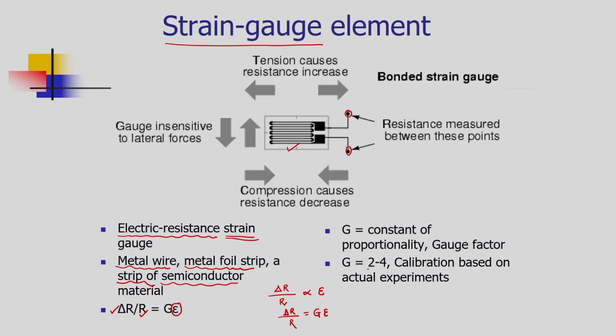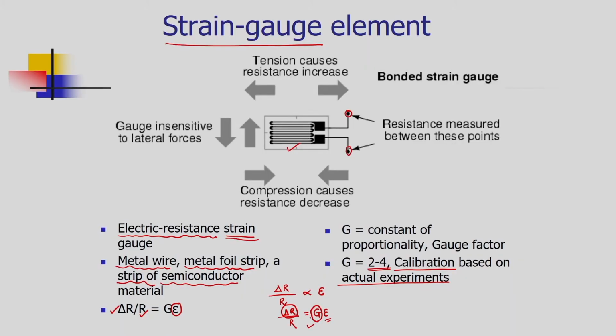So, in general the gauge factor is about 2 to 4 and it is decided by conducting the actual experiments in the laboratory. This is called the calibration process. In the calibration process, we are computing the gauge factor for known displacement, for known strain inside the mechanical element. So, for a known strain, we are computing delta R, that is change in resistance inside the coil or the foil, and accordingly we are computing the G. So, in general a gauge factor of 2 to 4 is noticed for the variety of mechanical elements.